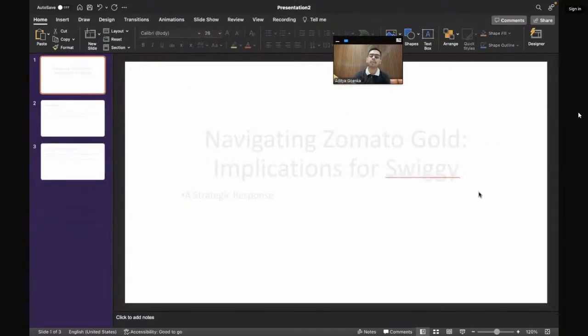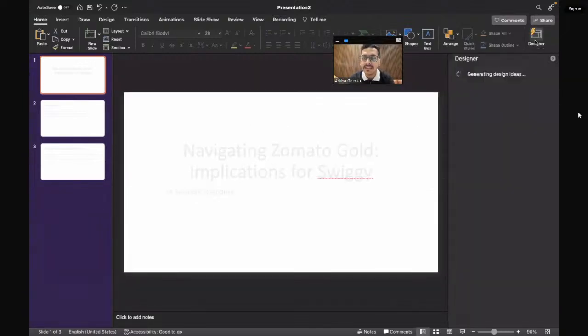But guys, if you're just copy pasting, is this a beautiful looking presentation that you can present in front of your boss? No, you cannot do that. Then what we'll do, we'll start using the AI features inside Microsoft Office 365. Microsoft Office 365 is so powerful that it has AI features inside it. On the top right hand side under the Home tab, you will have a Designer option. Just simply click on this Designer option,